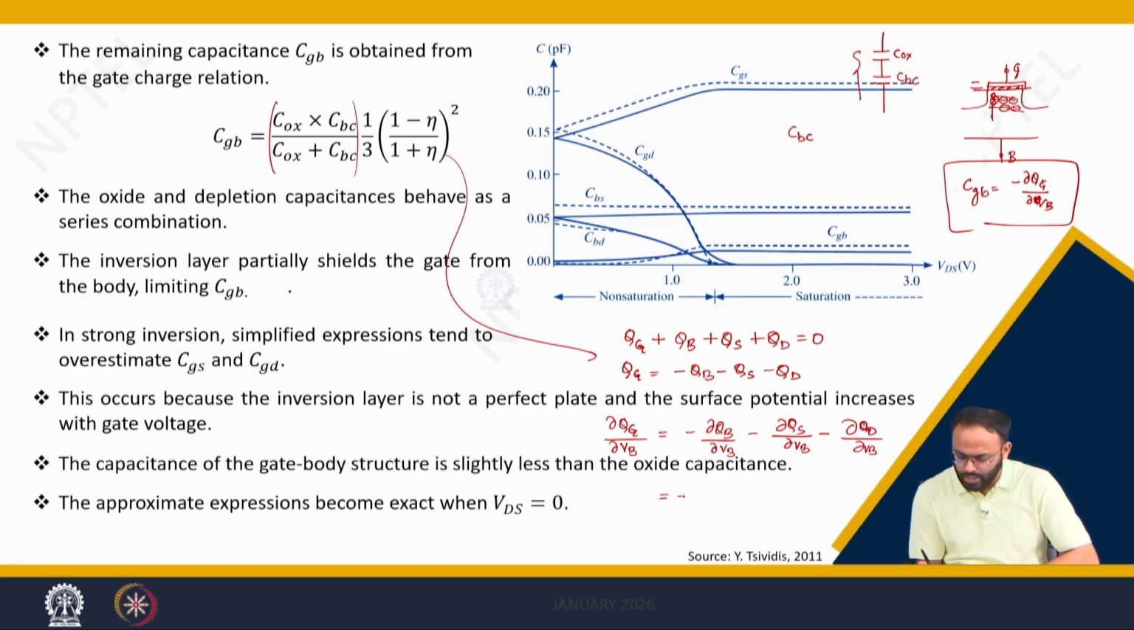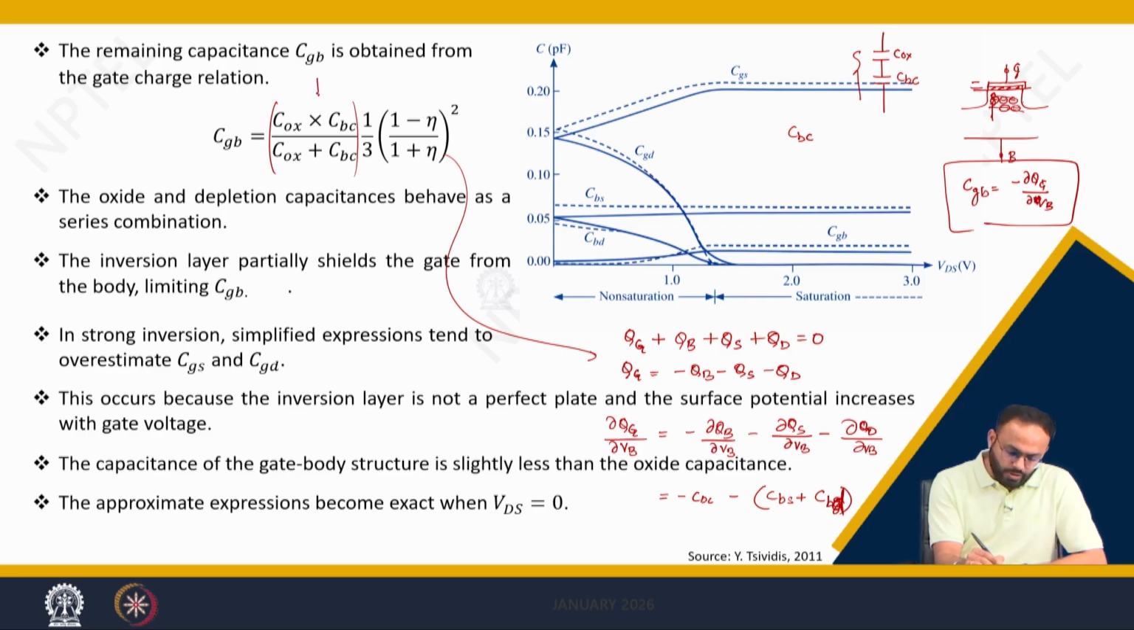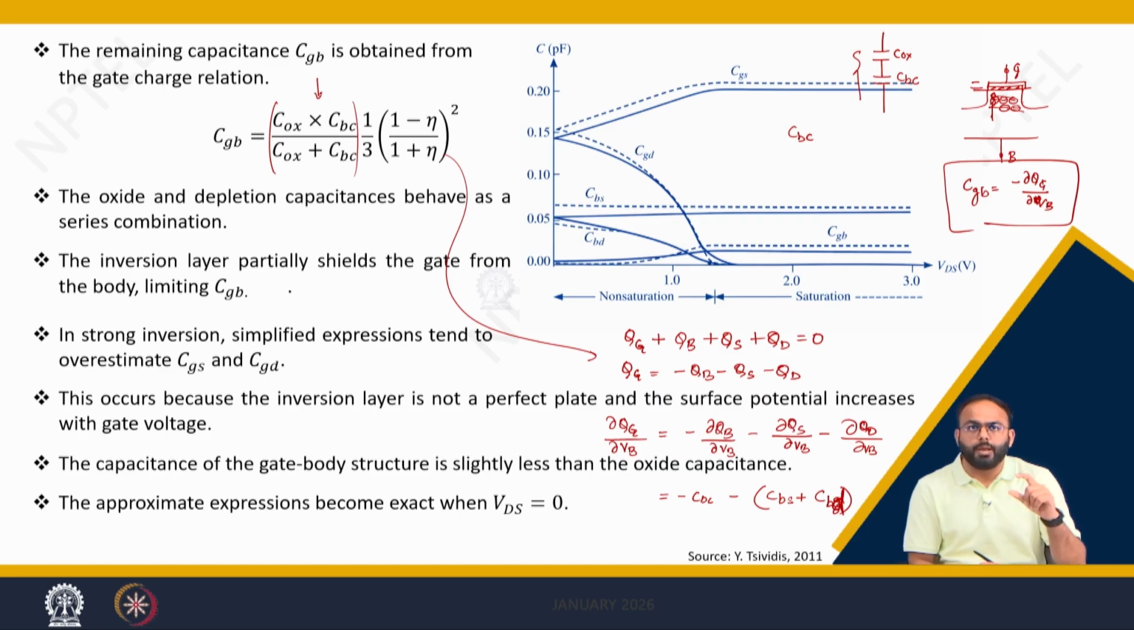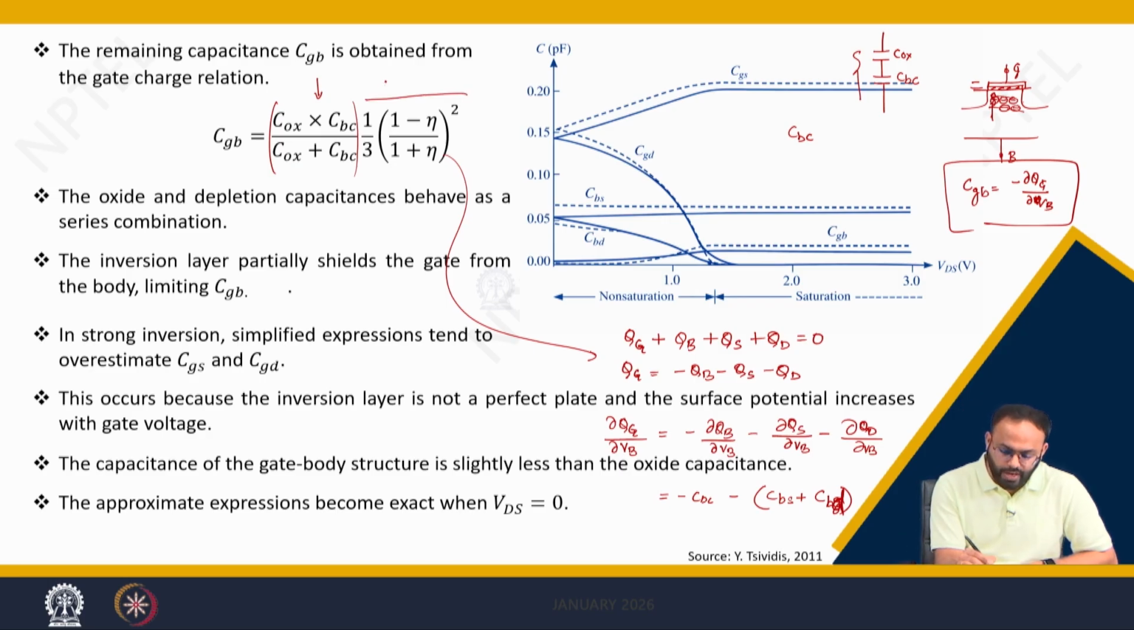This can be simply modeled as minus CBC minus CBS plus CBD. With this you can also calculate, or physically it is also evident that both the capacitors are coming in series. However, we do have another factor which is called shielding factor,